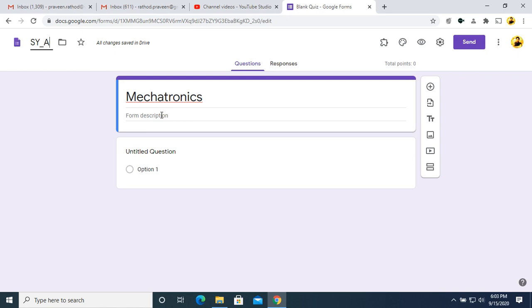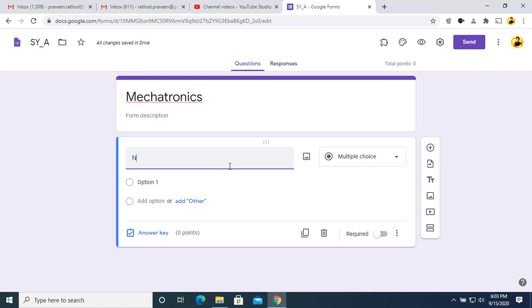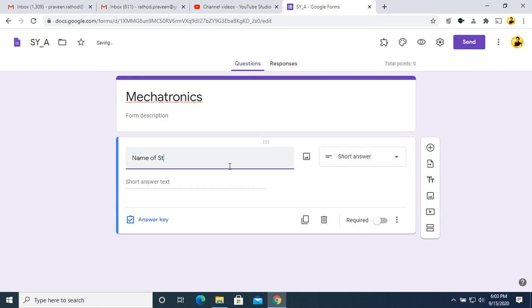Here you can also put a form description, for which chapter or which topics you are going. If you are taking a test, you can put it in the description tab. In the second tab, the untitled question, you can put the name of the student.